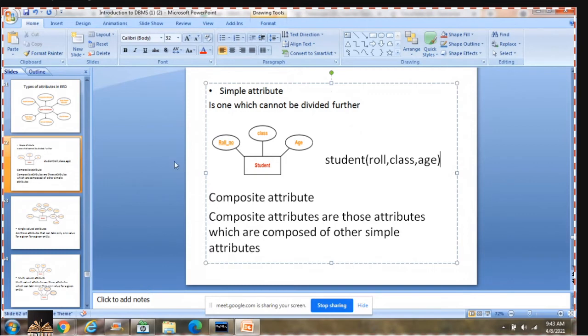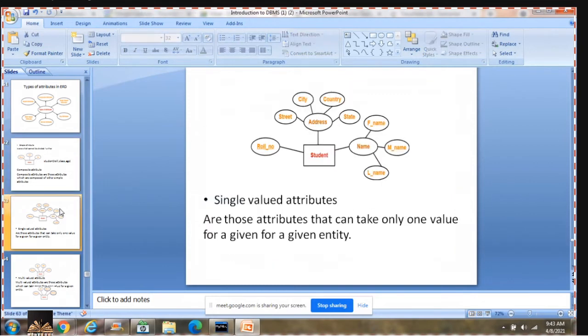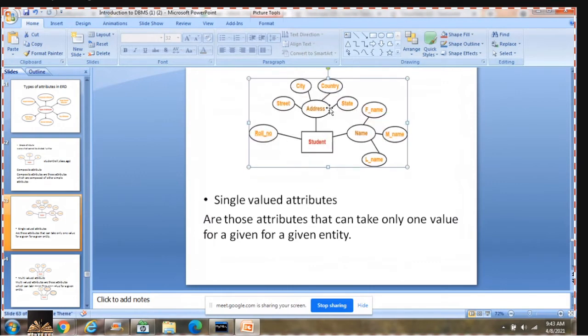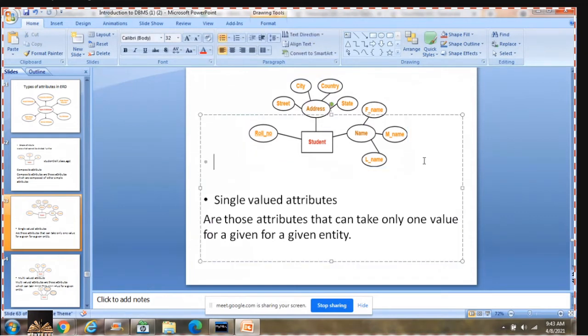Now, what I want you to do is, for the name attribute, write the schema. So I'll say student.